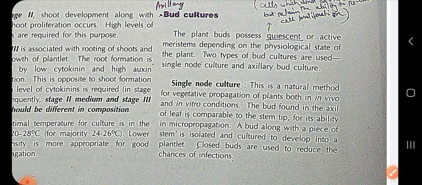So in node culture, we take the nodal segment along with that axillary bud and culture them to develop into a plantlet. Now closed buds are ideal for micropropagation to reduce the chance of infection, because with open buds there is scope for entry of pathogens, right? That's why closed axillary buds should be used. They are preferred for